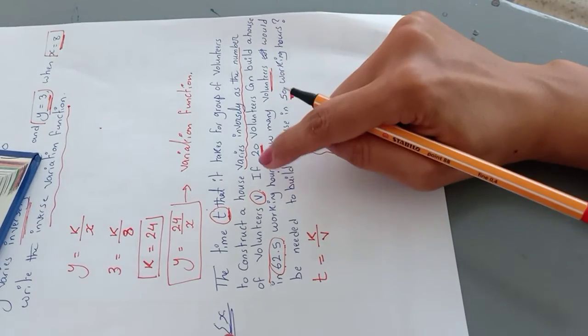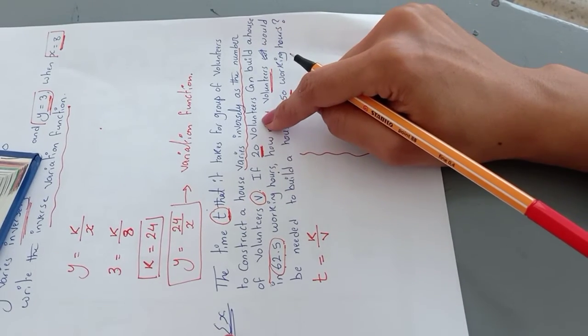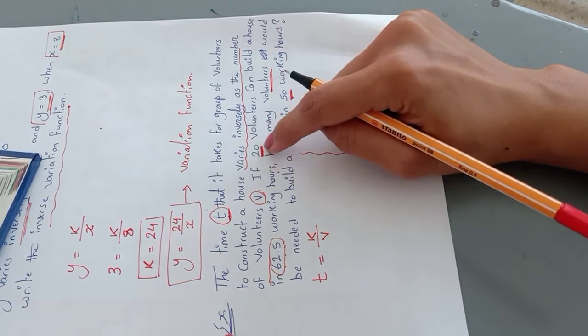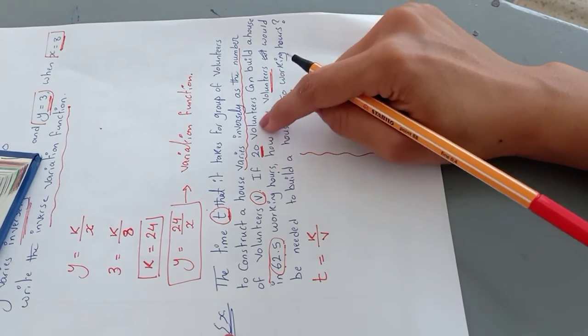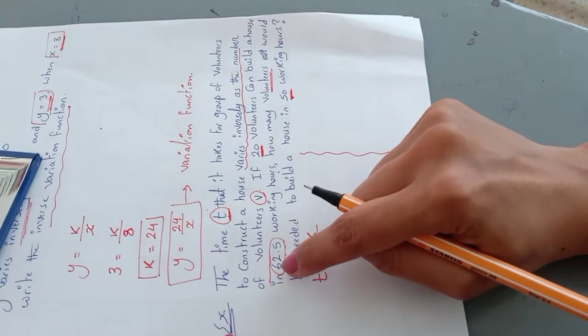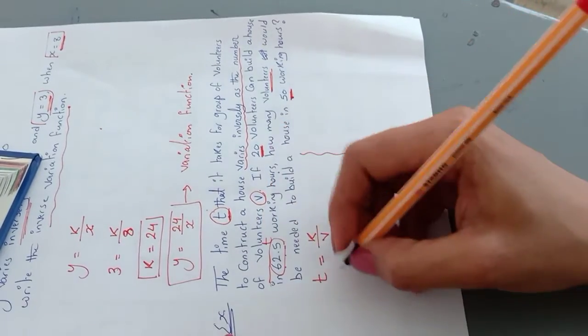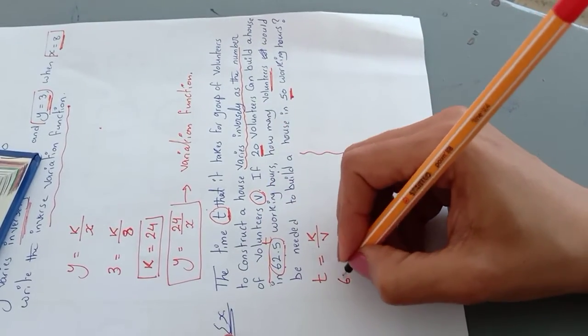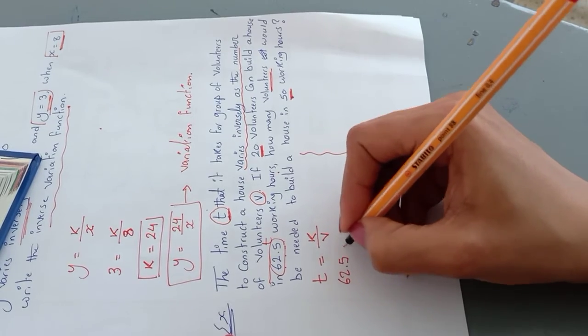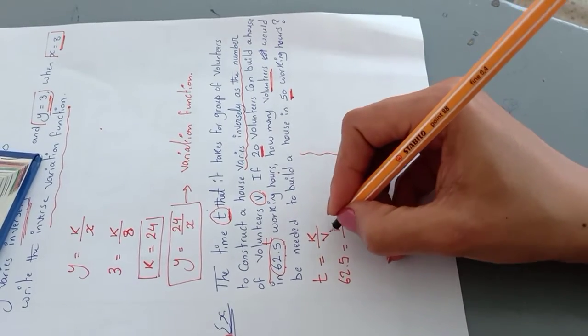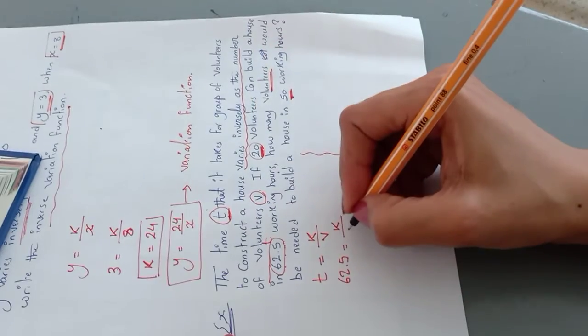If 20 volunteers, so v here equals 20. If 20 volunteers can build a house in 62.5 working hours, so this is the value of time. So replace t by 62.5 equals k over 20,